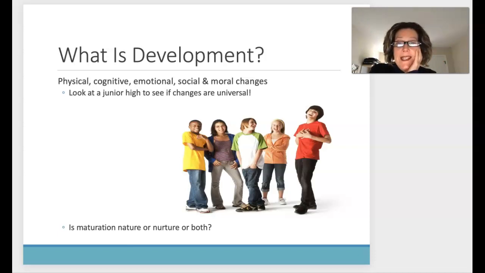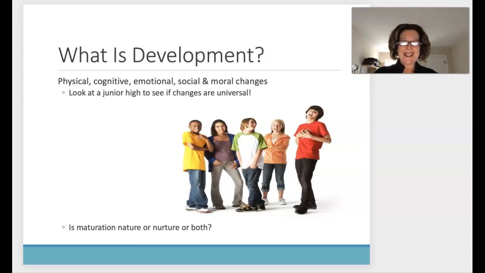I put this picture here of some junior high kids. Look at a junior high to see if changes are universal and all at the same time. No, these are generalizations. So when I talk about 0 to 2, this happens, of course, for some kids it happens much later, and for some, aspects of those developmental stages will happen earlier.